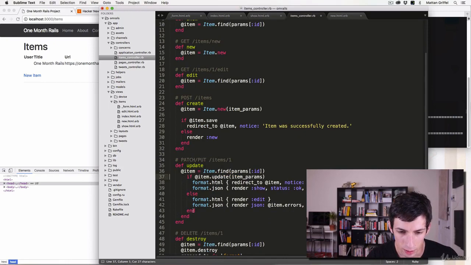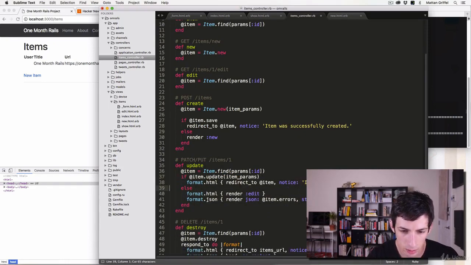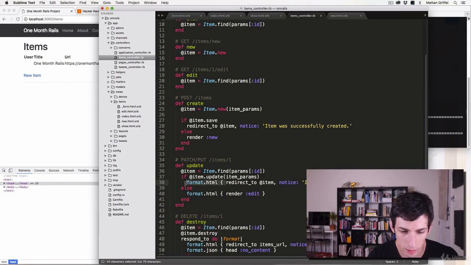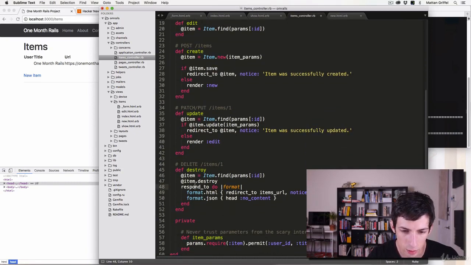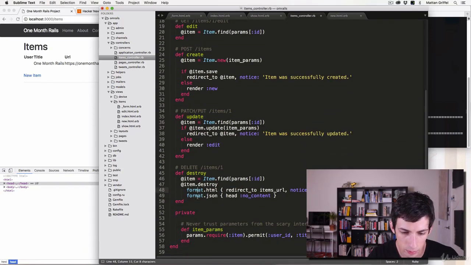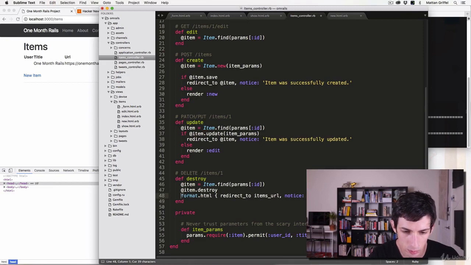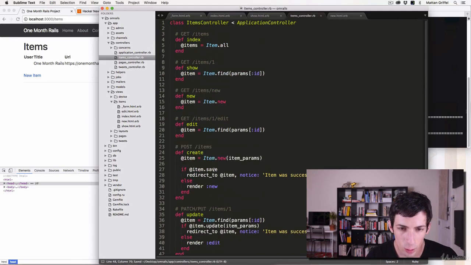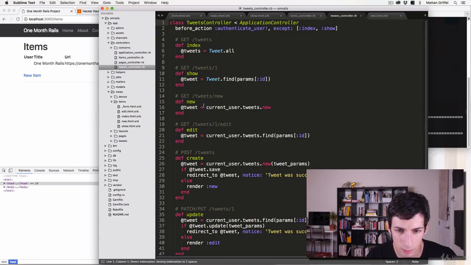And I can do the same thing with update. Don't need the JSON lines. And I get rid of that thing on the outside. And finally, the same thing in destroy. Cool. So we have that, and then the last thing we're going to need to do is do this by